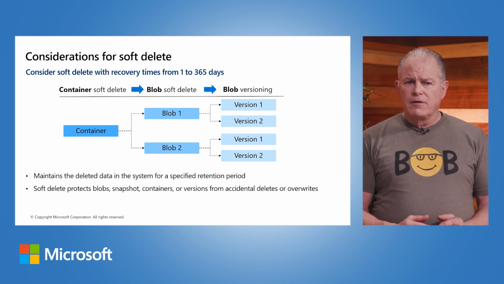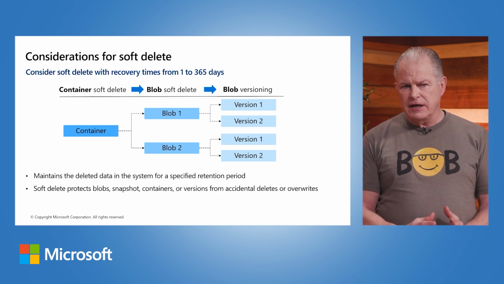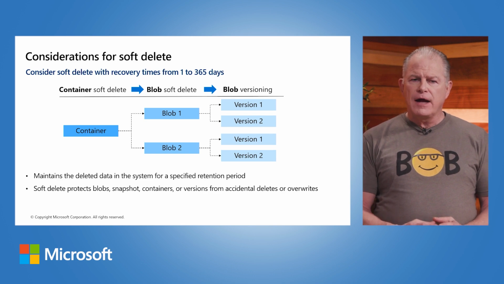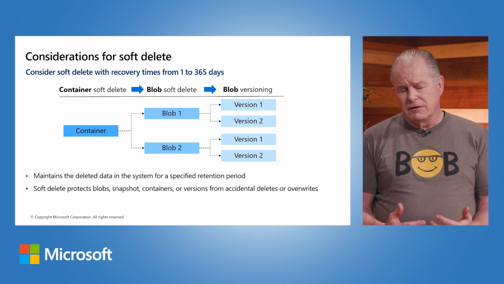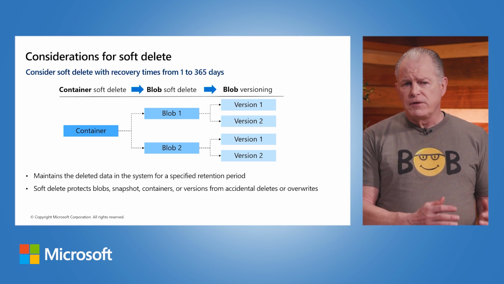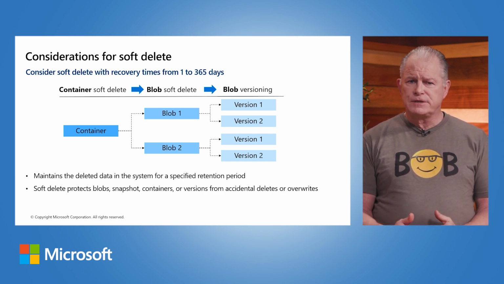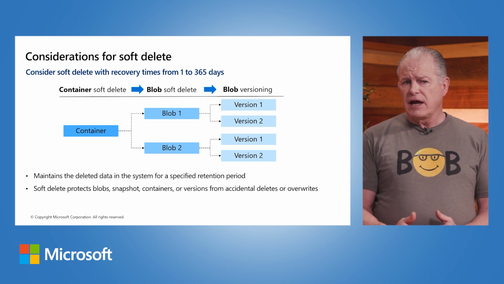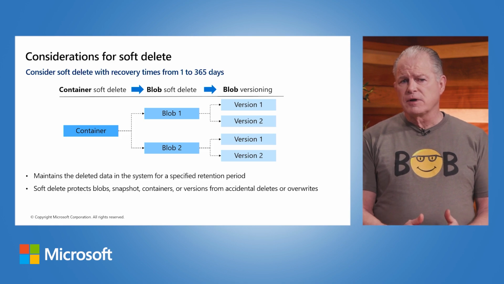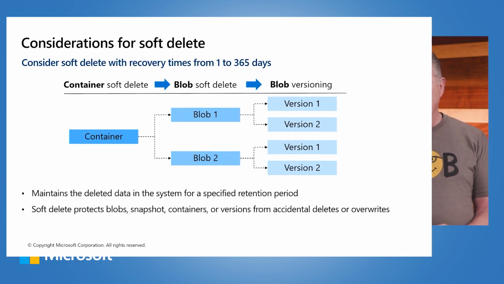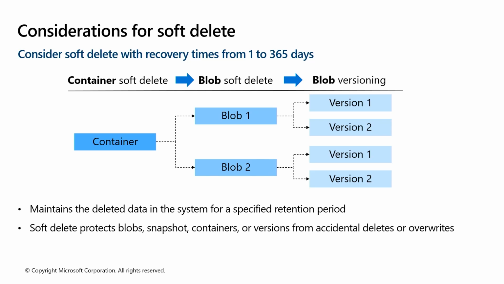So starting from the far left-hand side, at the container level, you can create a soft delete definition that would apply to all the objects in that container. And there may be many. In fact, there's almost limitless numbers of objects that can exist in any one container. Within a container, you can configure a soft delete at the container level so that if the container gets deleted, I can actually recover the entire container. That soft delete by default can then be inherited down to the blobs inside of the container.